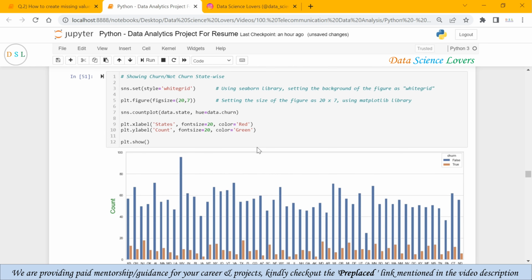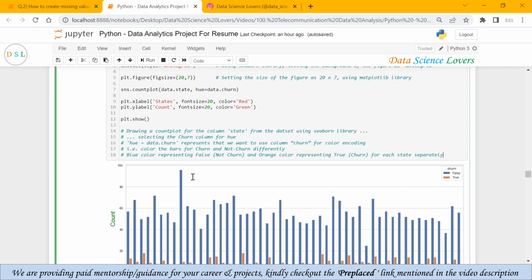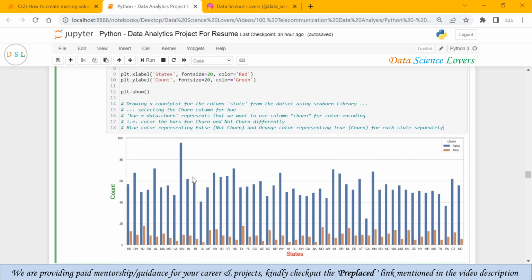Now we will talk about this additional parameter hue. We are drawing a count plot for the column state, as you know, from this dataset using the Seaborn library, and we have selected the churn column for hue. Hue equal to data.churn means we are considering the column churn, and it represents that we want to use the column churn for color encoding. Color encoding here means coloring the bars for churn and non-churn customers differently.